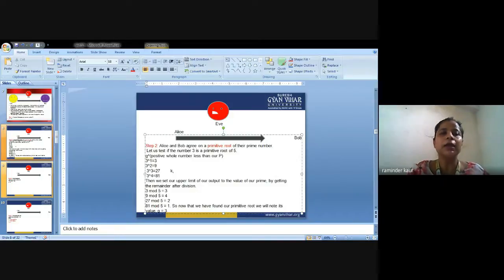For example, there will be various steps. Alice and Bob get public key numbers. For example, P is equal to 23 and G is equal to 9. You can write this number: P is equal to 23 and G is equal to 9. Next is the second step. First, we are supposed to choose the numbers P is 23 and G is 9. It is the prime number.